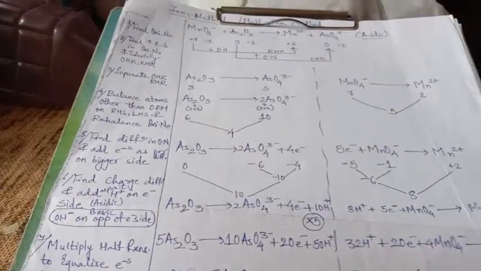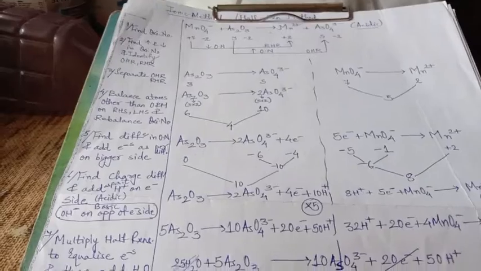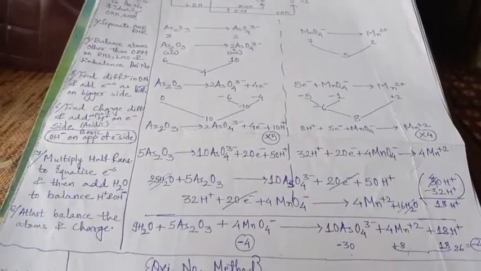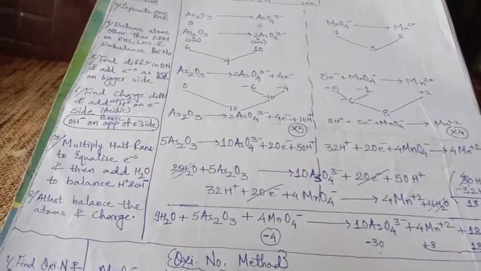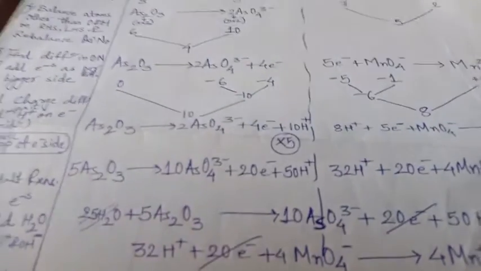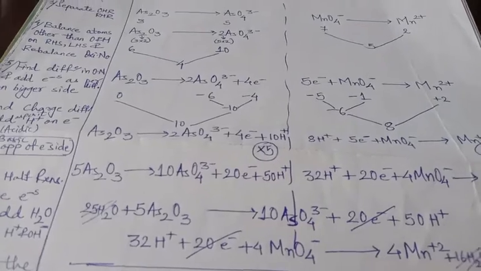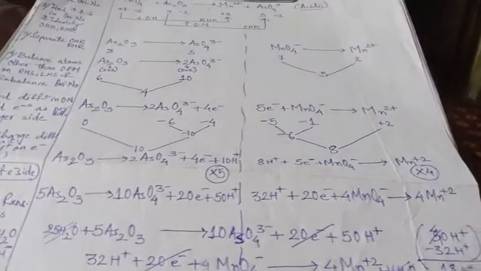So this is how you can do the oxidation half reaction and reduction half reaction, that is the ionic method, or we can say the half reaction method for balancing the redox reaction, right? So take care while adding H plus and OH minus. If it is acidic, add H plus on the bigger number of the charge, and if OH minus, add it on the opposite side.